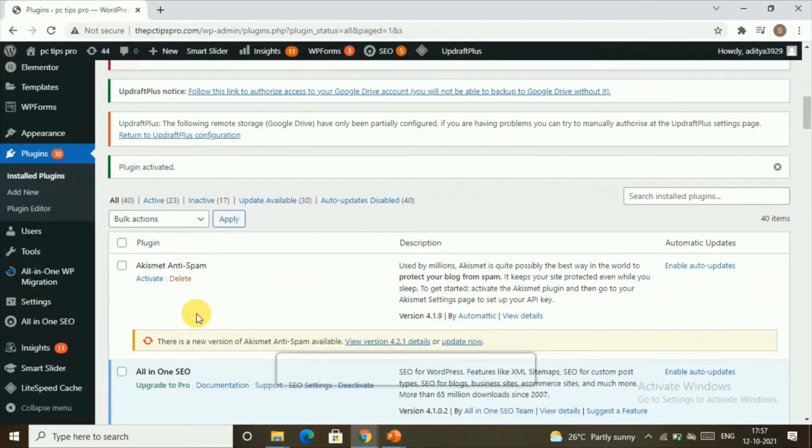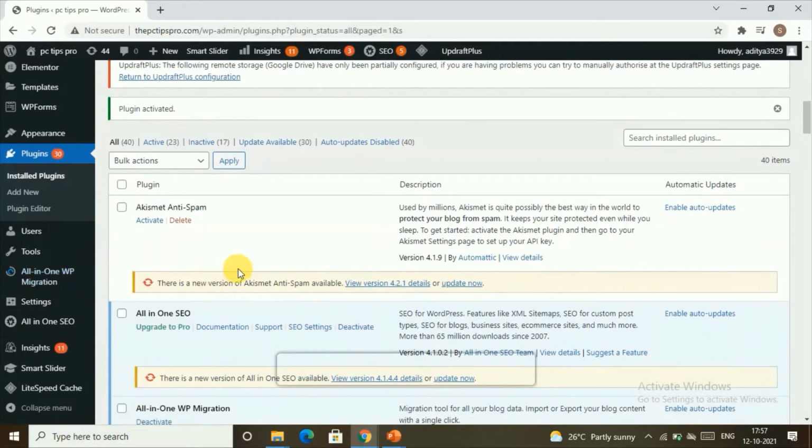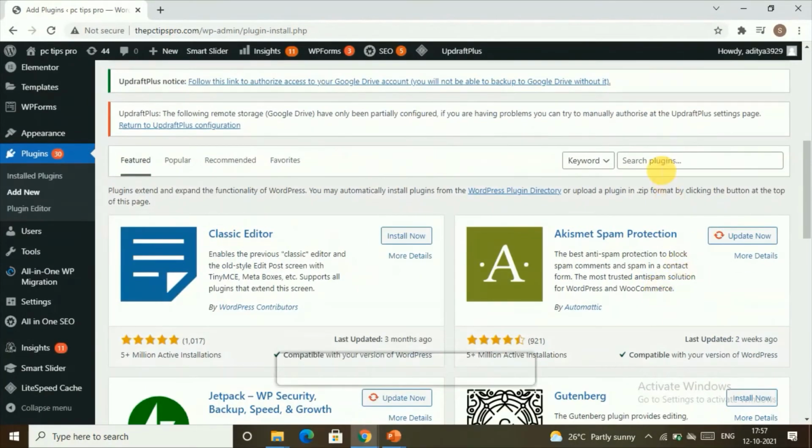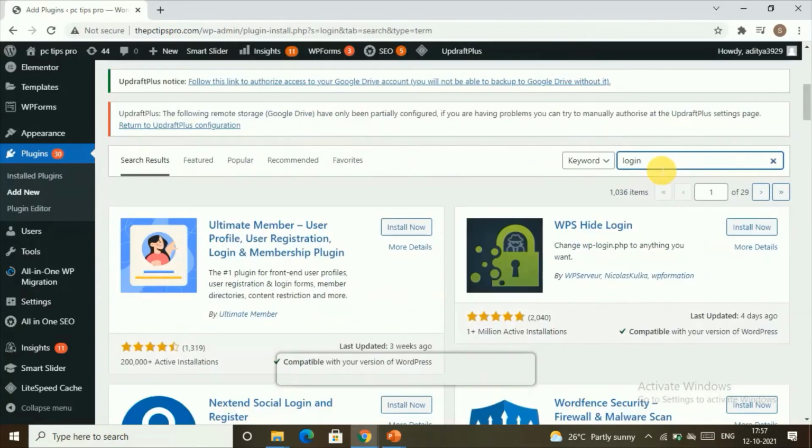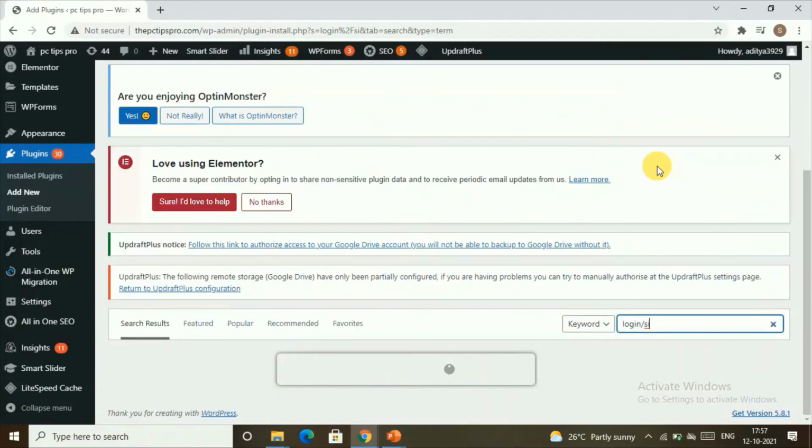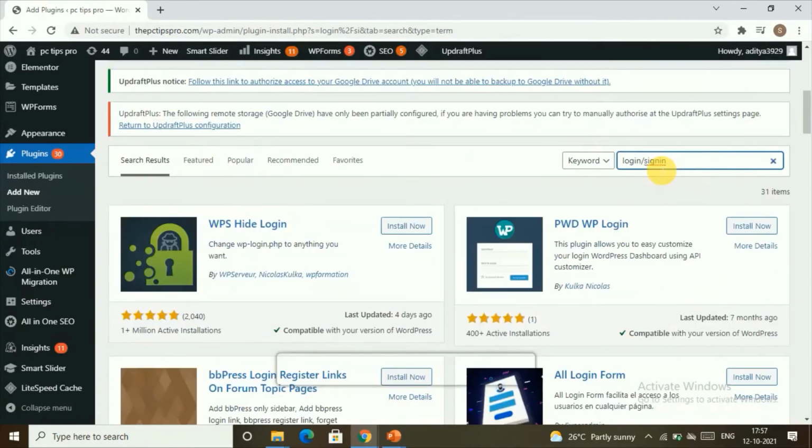Now let's say you want to change the look of your login and sign up forms and have a different style which looks more attractive. In order to do this, we need to install a plugin. To install the plugin, we go to Plugins and click on Add New Plugin to add a new plugin to our WordPress website. Let's search for a plugin called Login/Sign in pop-up.